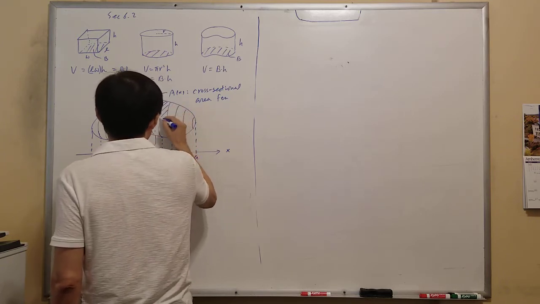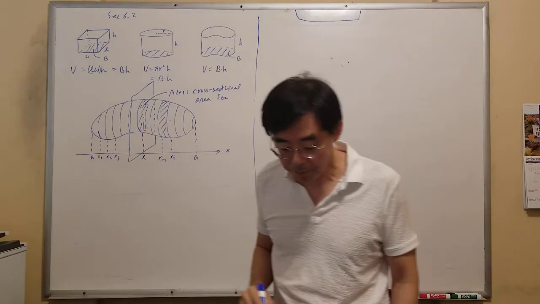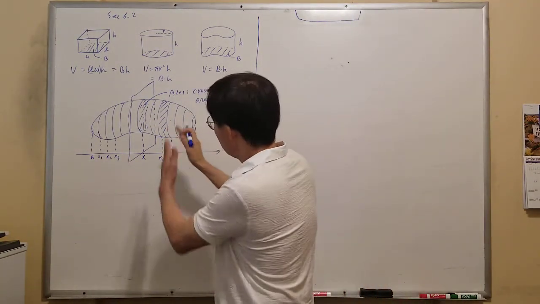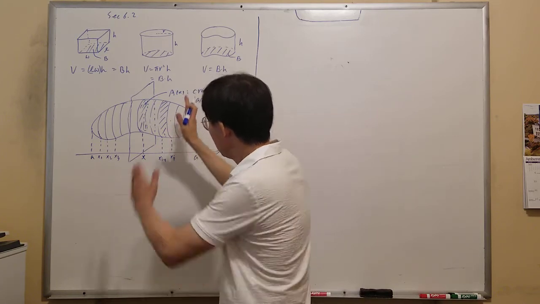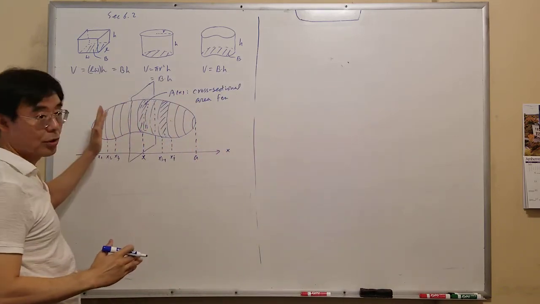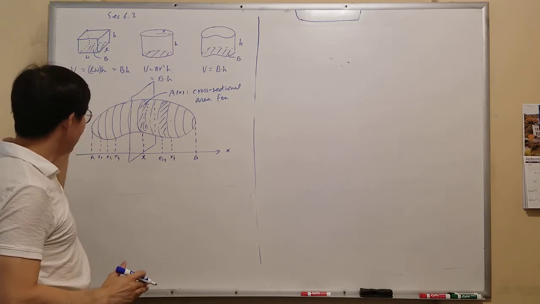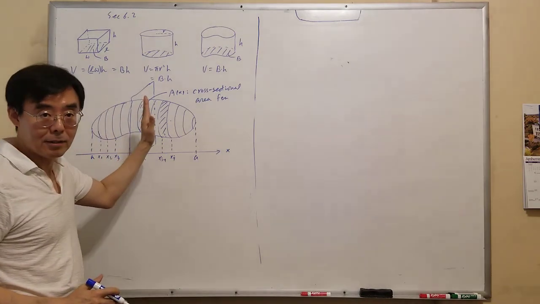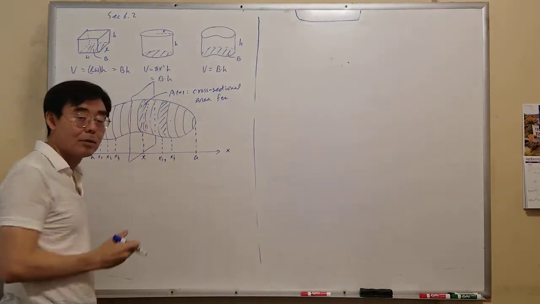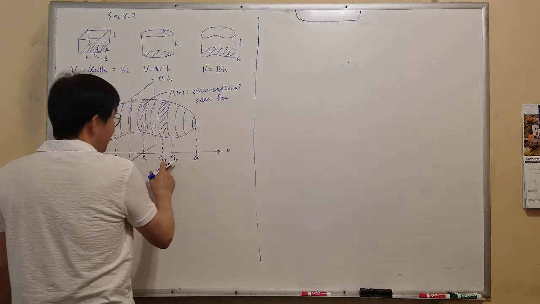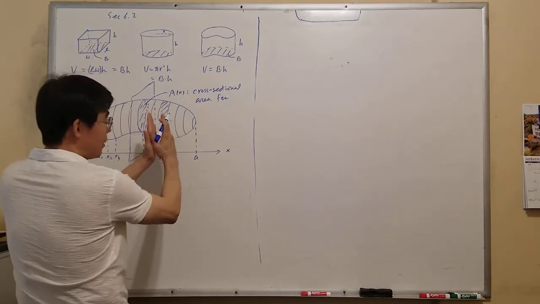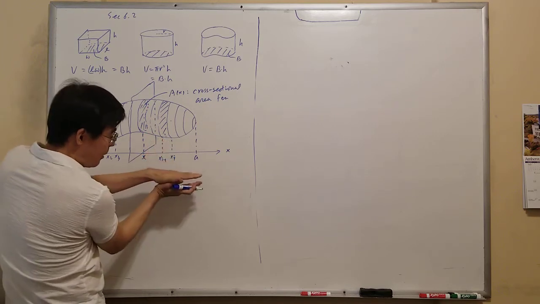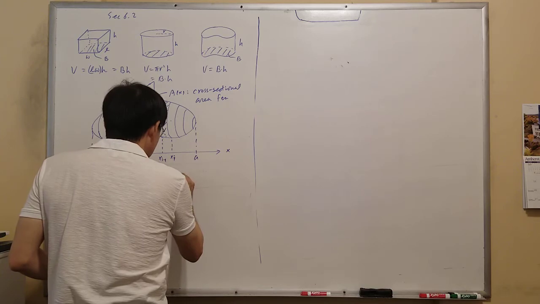So think about this one slice. If you chop it through x equals x1, perpendicular to the x-axis, you get a bunch of thin slices, just like you are slicing your potato. If you cut a piece and put it like this, then you will have